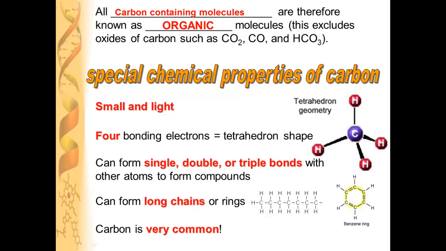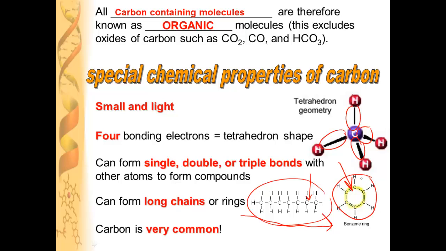There are a few special properties of carbon that you should be familiar with. Carbon's really small, it's light, it can bond with 4 different things. In this case, it's bonded with 4 hydrogens, but it can form single bonds, as you see here in this fat. It can form double bonds, as you see here in this benzene ring. It can even form triple bonds. Those carbons can form chains like this, or they can form rings like this. It's a very versatile atom. And the best part about it is it's very common in stars, very common on the Earth, and very common